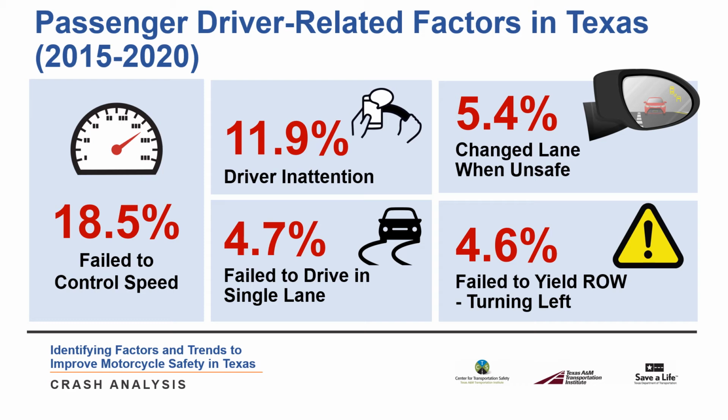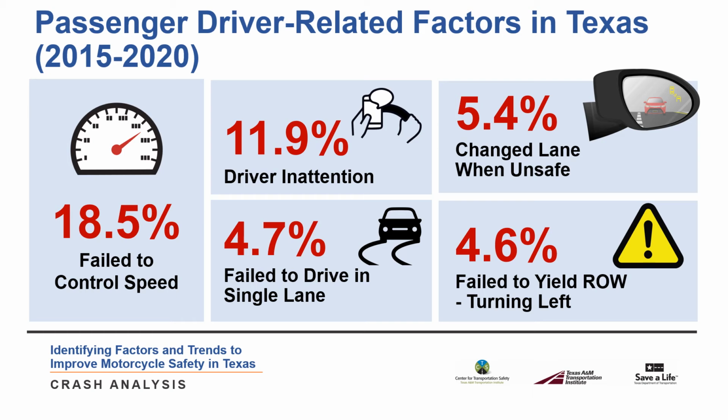This slide shows us the top 5 passenger driver related factors, which we'll compare back to the motorcycle driver related factors we just summarized. Failure to control speed was also the top issue for passenger car crashes, accounting for 18.5% of the crashes. If you recall from our prior slide, failure to control speed accounted for 16.5% of our motorcycle driver related factors examined. Driver inattention was also a concern in our passenger driver related factors for crashes, accounting for 11.9%. If we look back at our motorcycle driver related factors, it only accounted for about 6.3%,